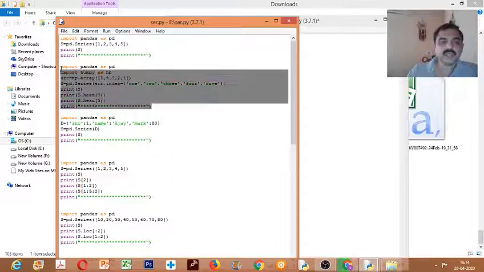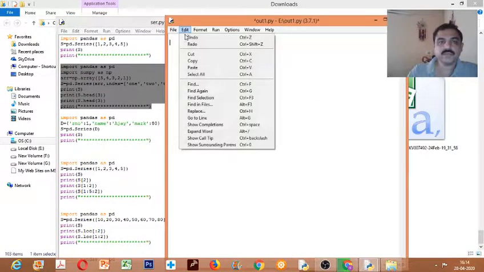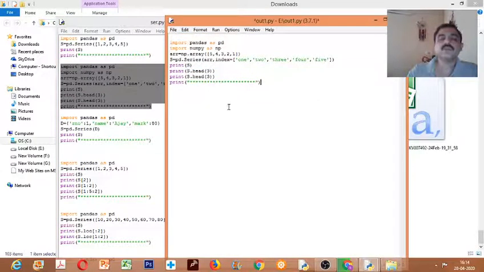We will create another series. We'll create a series from a numpy array. So you know what a numpy array is? If you want to import the features, you have to write import pandas as pd, import numpy as np.